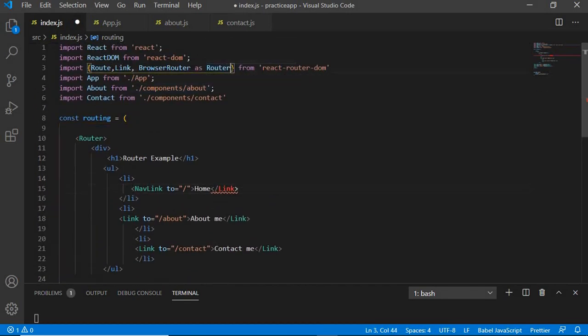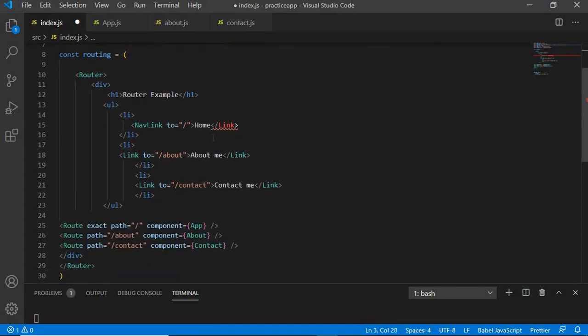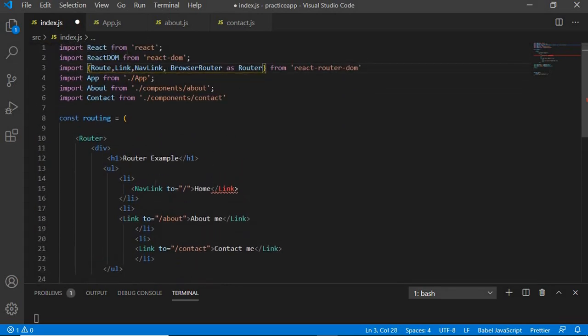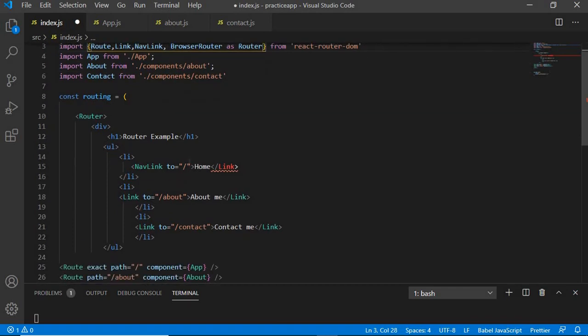So we'll import Nav Link right here. If we haven't done that, then it won't work. So actually we can do it here, right? Right next to link. Nav Link, comma, that. So once we've used Nav Link, yeah, so it has lightened up. You can see that we've used Nav Link and it's lightened up. Once we've done this, we can add style. So to this we can say exact active